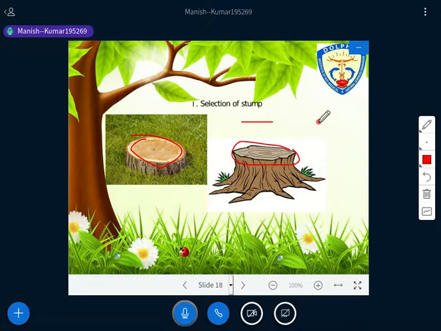So if old stumps are available, old stumps meaning any tree that has been felled within 2 or 3 years of the date that you are going to conduct the stem analysis. For example, if it is 2020 and today you have to conduct a stem analysis, go inside the stand or the forest area and try to find if any tree has been felled or not, right? If it is felled, the felling duration should be not more than 2 to 3 years. It means if it is 2020, you have to select a tree which was felled in 2017 or 18. Is it clear? You have to select only those stumps.